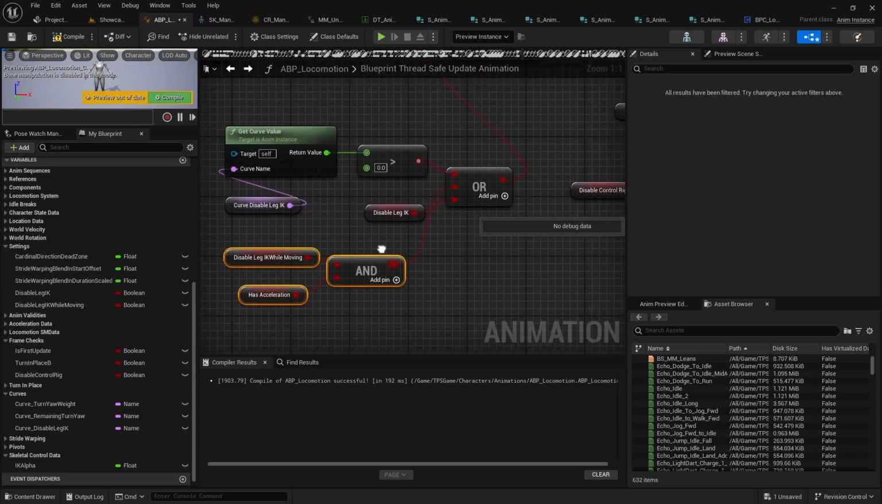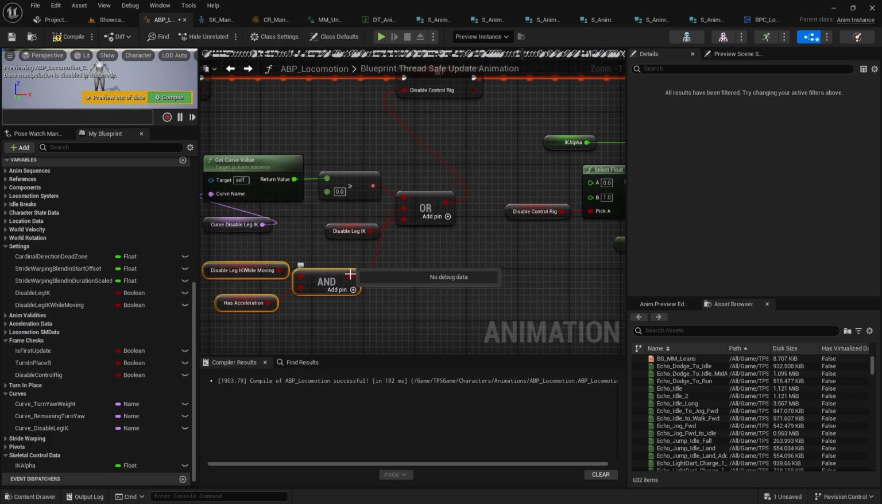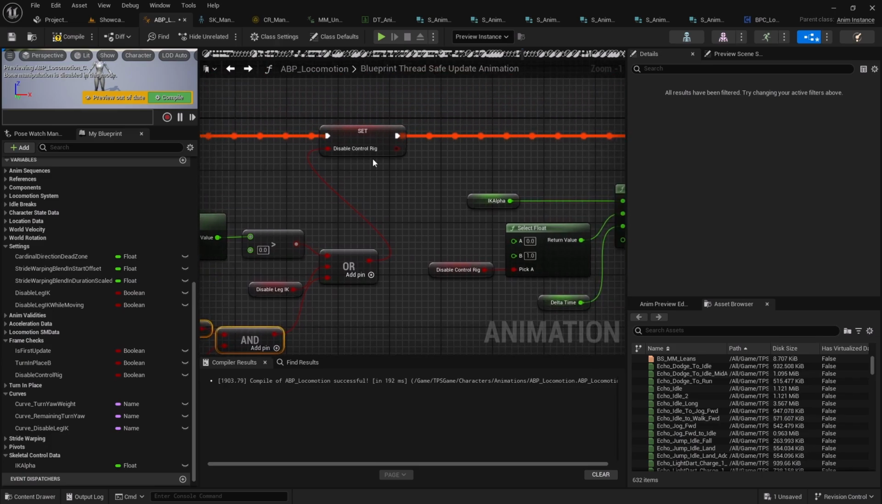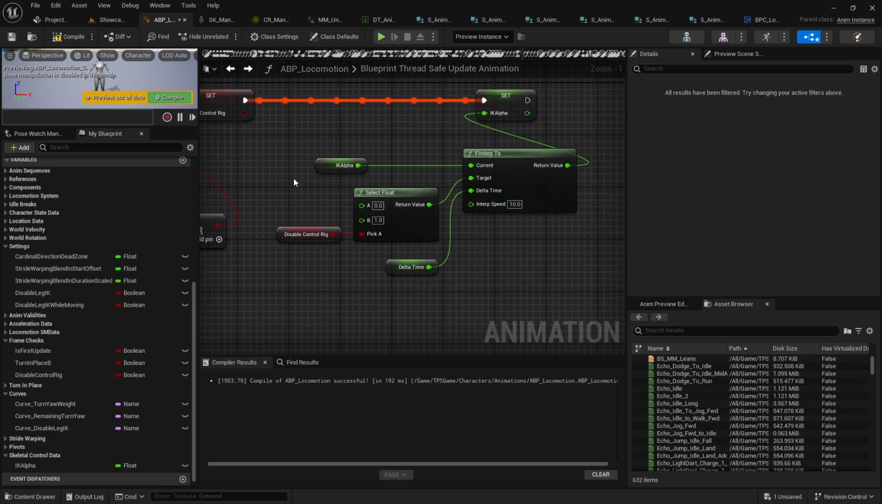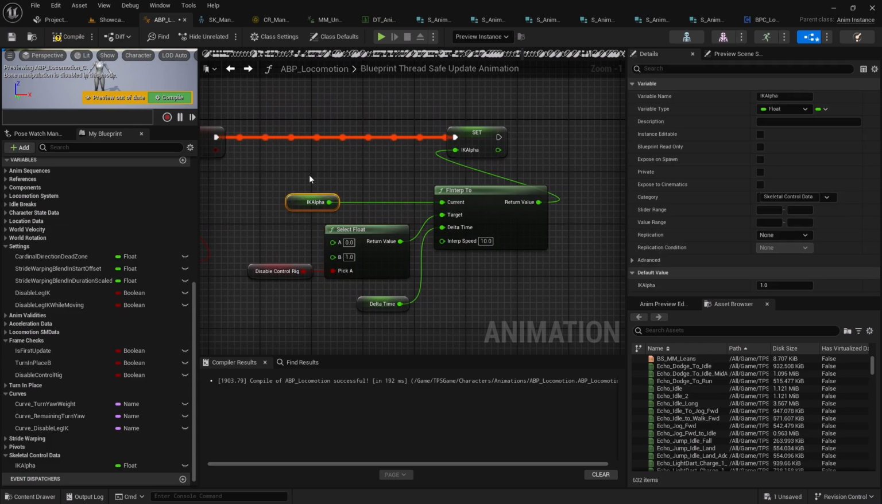But again, this is a configurable value, so if a person doesn't need to have extremely realistic IK placements, then he can disable this leg IK movement. So ultimately, when the character is moving, this output pin will return true value, which means it will make this disable control rig true, which means its target float will be 0, right? So at the runtime, when the IK alpha is 0,